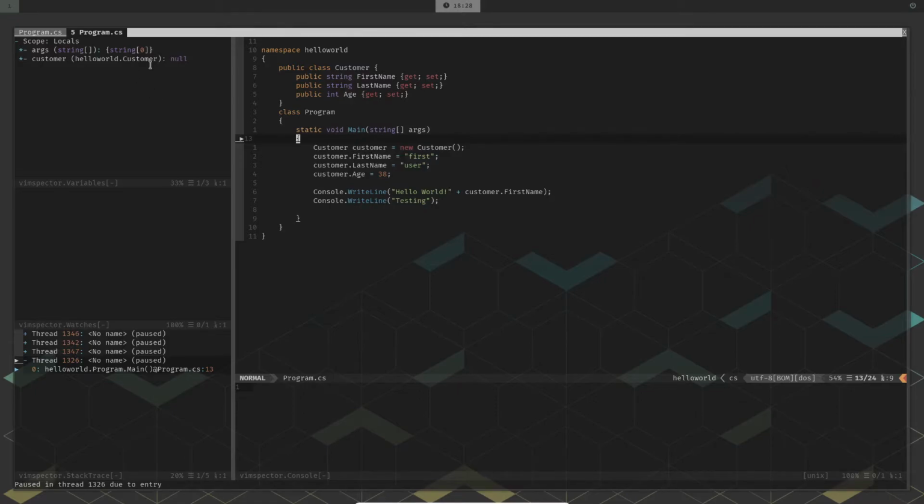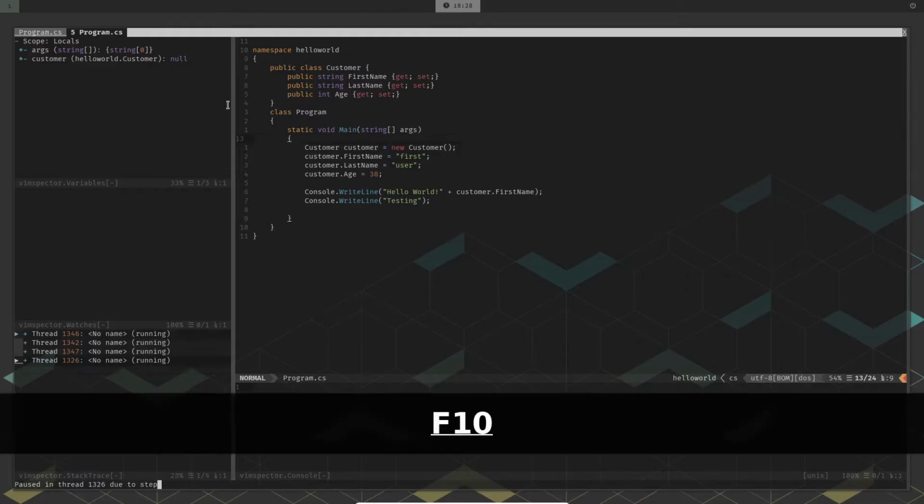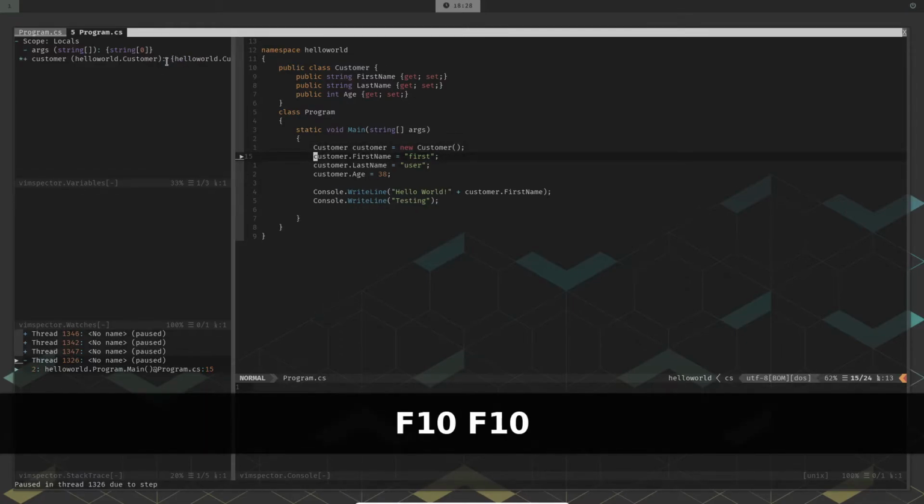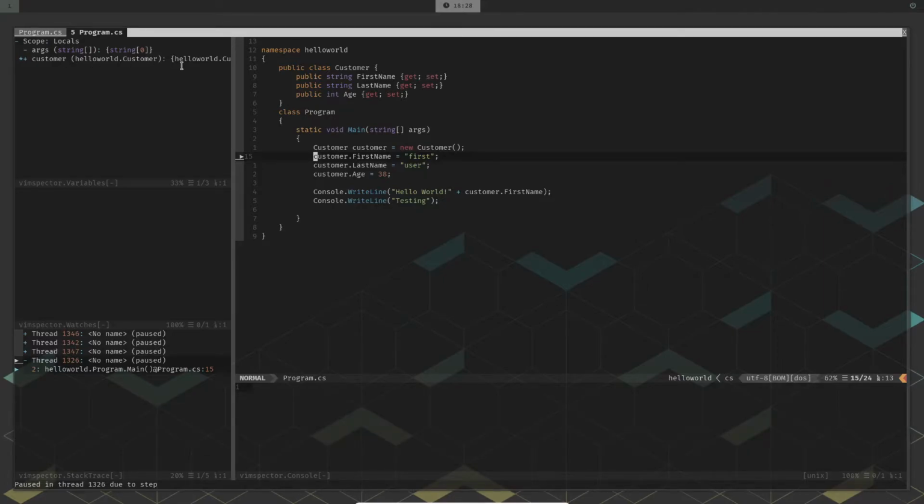Right now we have these two variables in the current scope, and the value of each is null. But as I start stepping through my code by hitting the F10 key, which is the key for step over, you'll notice the values of the variables in my local scope are getting set.